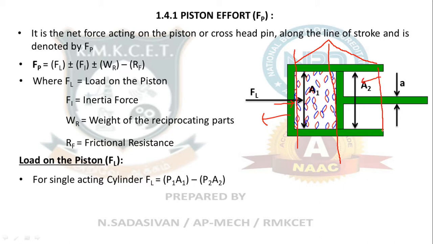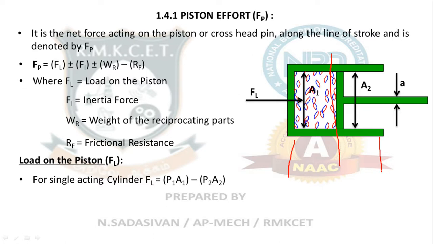So if you take the linear position of the piston and plot the velocity of the piston, it will be maximum somewhere near this place, and it becomes minimum again. This could be linear or it could be something like this, whatever, it doesn't matter. What I mean to say is the maximum velocity is here, almost at the midpoint of the stroke. Here the velocity will be 0, here the velocity will be 0.